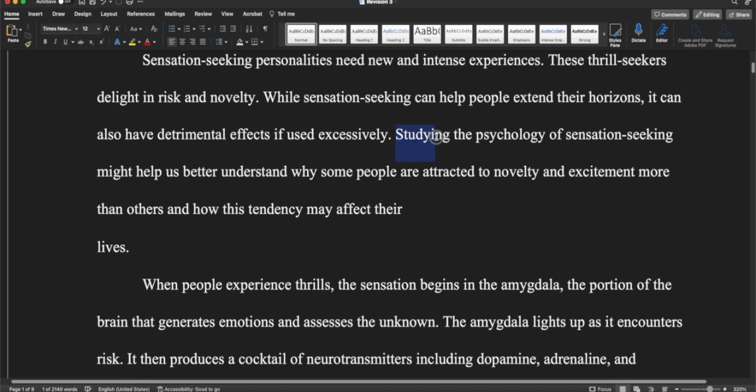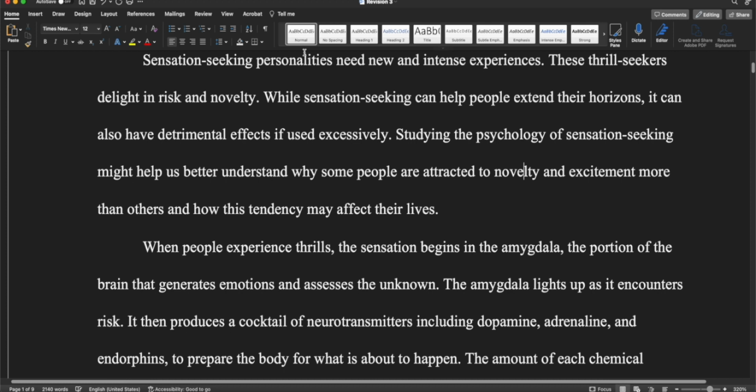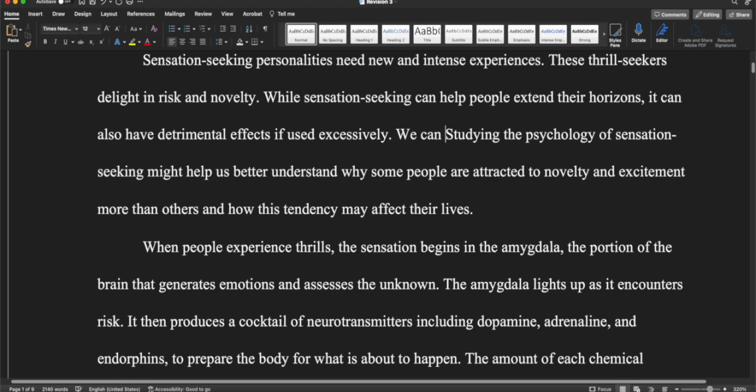And so nominalizations are okay. Sometimes you need them in order to make sense of an idea. Sometimes you need a nominalization as your subject, like the sentence running is fun. There's nothing wrong with that, right? And there's nothing grammatically incorrect about this sentence either. But it is better to have a non-nominalized subject, a subject that is a character or a person. And I think that's part of what the issue is here. Studying the psychology of sensation seeking might help us better understand why some people. So we can better understand